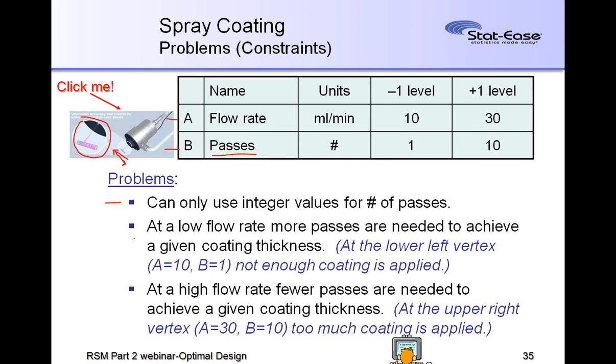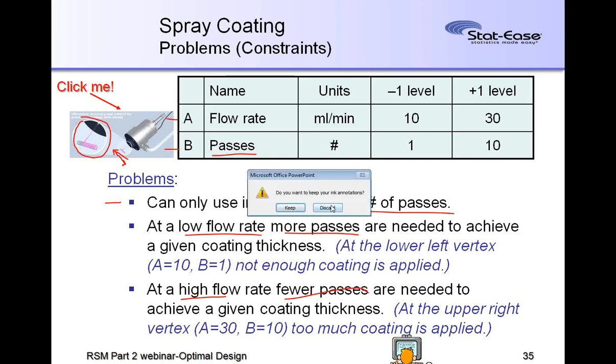We want to get a very even pass. So we have to do even coat. We have to do an integer number of passes. The other constraints, we do have constraints here. If you do a low flow rate with very few passes, you're going to get a very thin coating. It's not enough coating. So you have to do more passes at low flow rate. You also need, at a high flow rate, to do fewer passes, or you're going to get a huge coating. It's too thick. So I'll show you how to build this one